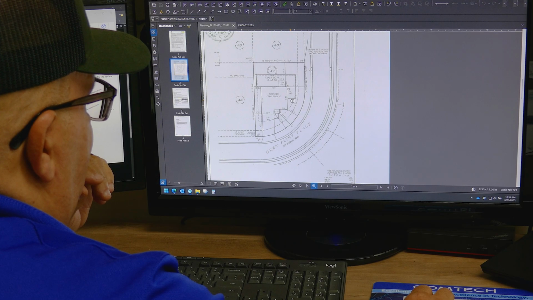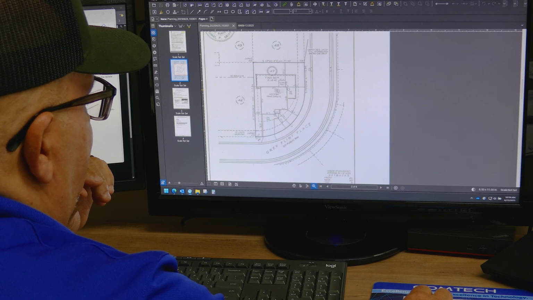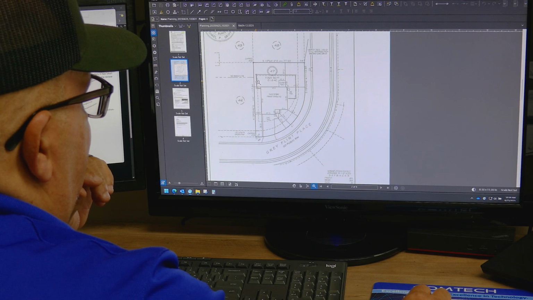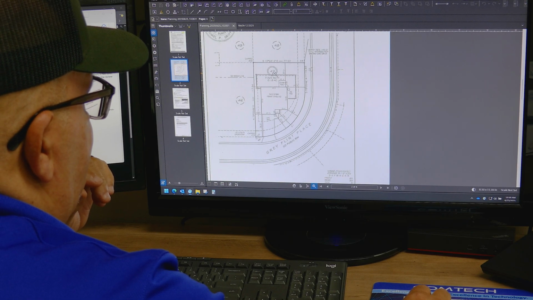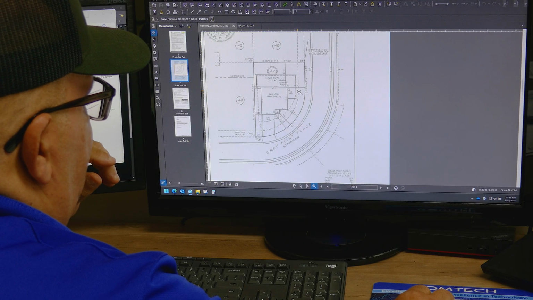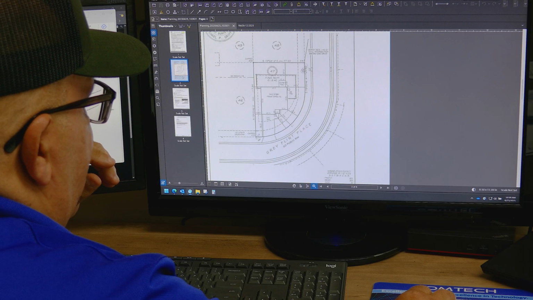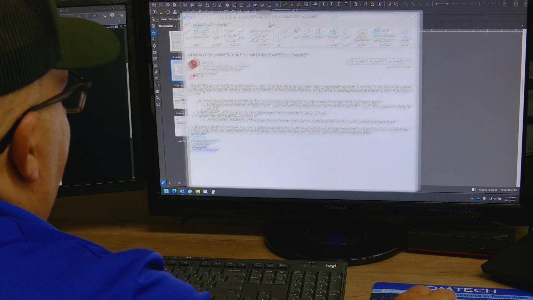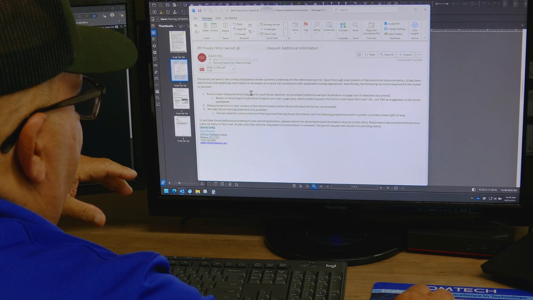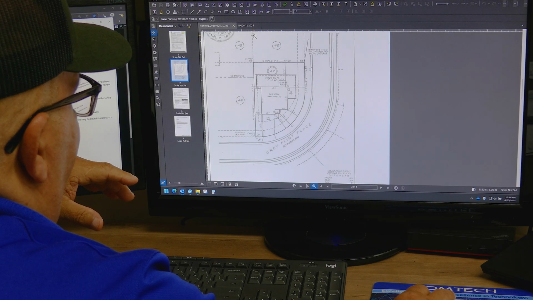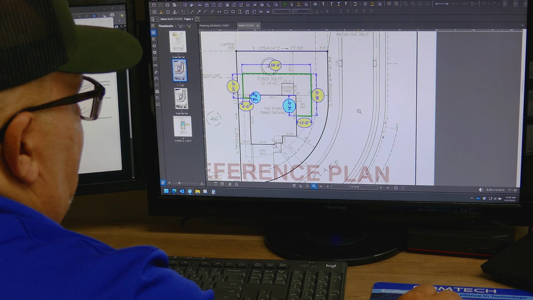In this case, they're missing some components here. They fail to illustrate the linear footage for each section of fence. And the reason why we require that is to make sure that this fence remains within the boundary of the property and that it also meets side setbacks for a fence of this height on a corner lot. And so information was offered to the applicant advising them that they need to provide the additional information by way of email. And we also provide a sample of what we're looking for.